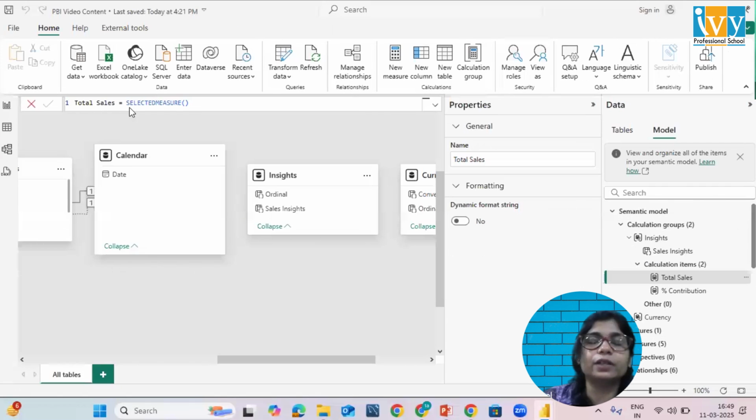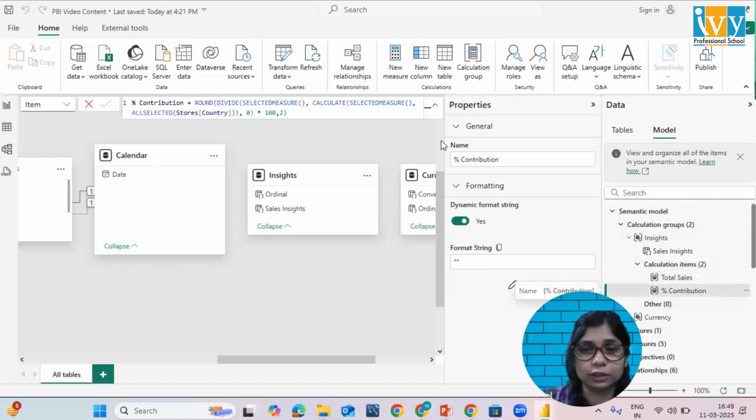Selected measure is whatever you drop in your values. This calculation group will use that measure to calculate all other things. Here, total sales will become whatever you are dropping in your values column. And percentage contribution, if you go over here, is nothing but me dividing the selected measure